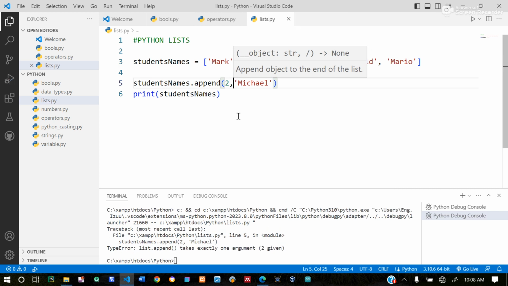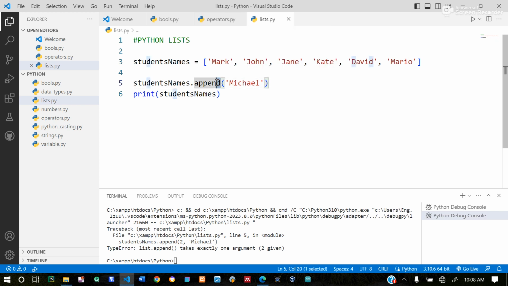Sorry, I made a mistake. Okay, so that is how you can append. The append function adds to the last name in the list, but we can as well use the insert